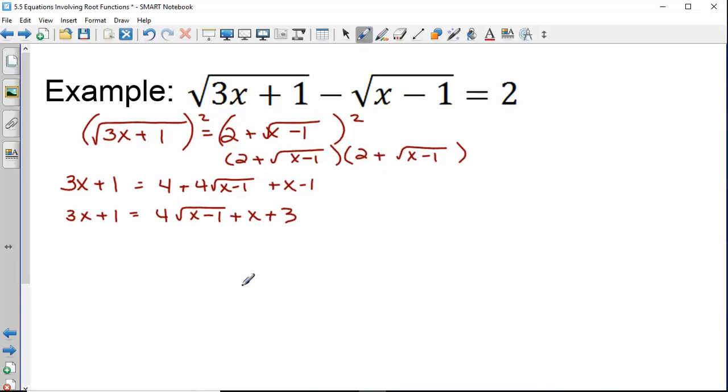Okay, next step. Subtract our x. Subtract the 3. Then what? Square. Where did you get the x plus 3? I added my 4 and my negative 1. Okay, so if we square again,